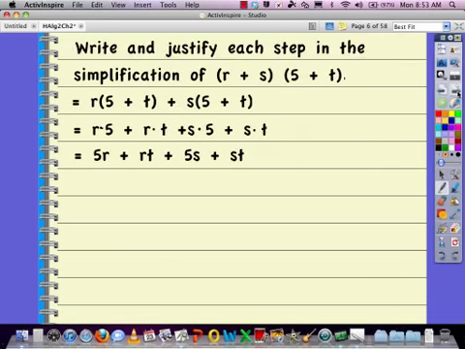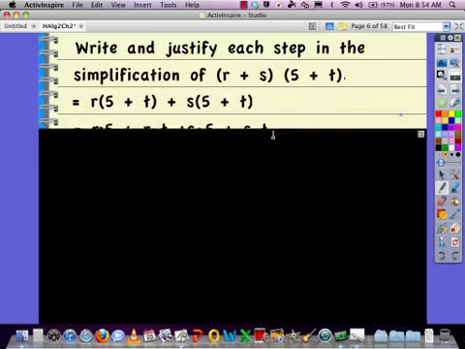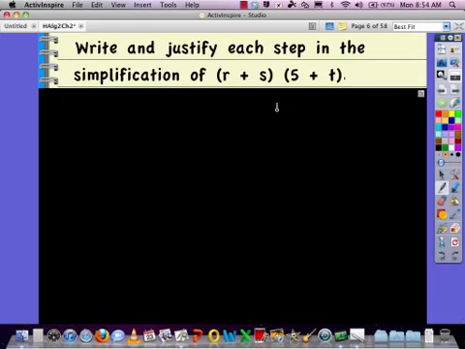All right. Next, if we talk about problems, we want to write and justify each step in the simplification of this problem. So if we just focused on this, you're going to say, well, I know how to do that right now. A lot of you would say, hey, a binomial times a binomial. Okay, I just have to do it, and that's what you want to verify. So if we write the steps and then justify, which I believe will be the harder part for most of you,